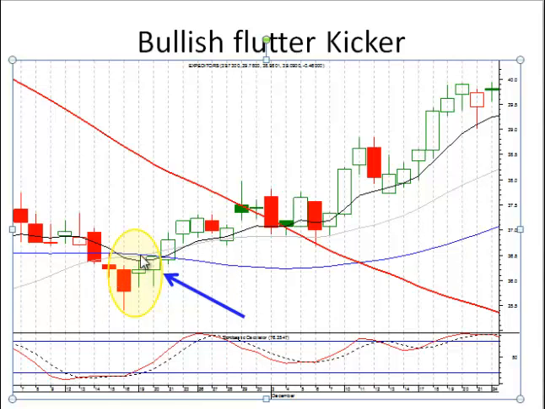The flutter kicker signal is just an easy, identifiable pattern, and it has a very good alert to it. That doji gap up at the previous day's open should be the alert that you want to watch the next day to see how they open this and how they trade that position.